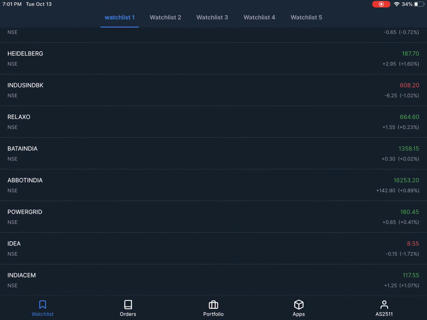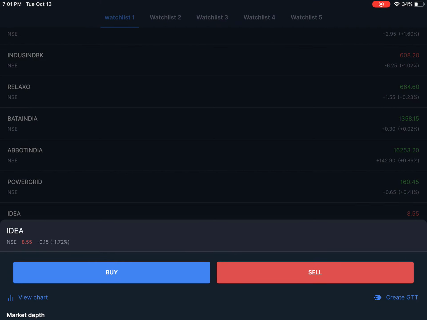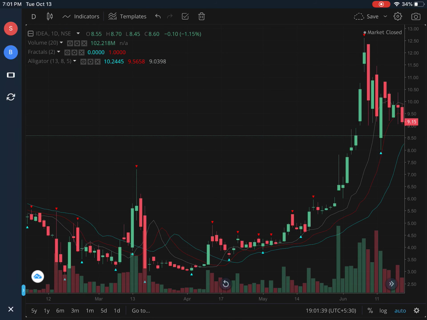Let us take up Idea. Now Idea, I will show you both ways, the uptrend and the downtrend. Idea made a close over here on 13th April, which was above the three lines of the alligators. So after that, you could have entered, or you could have entered with the formation of a down fractal. We had a down fractal on 21st April. You could have made an entry after that, and the down fractal kept on shifting upward.